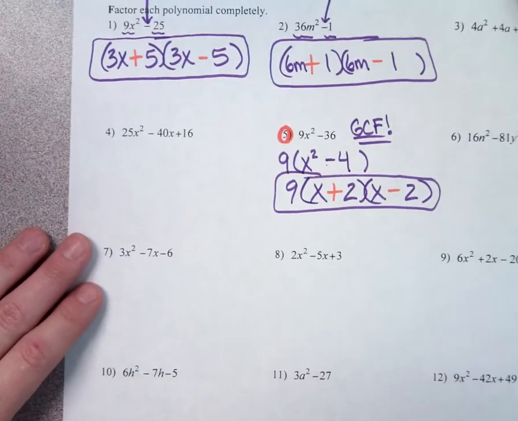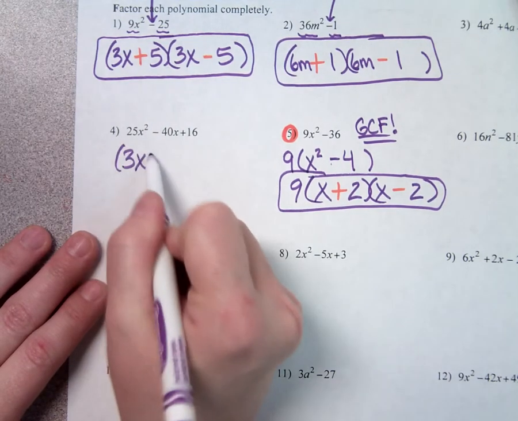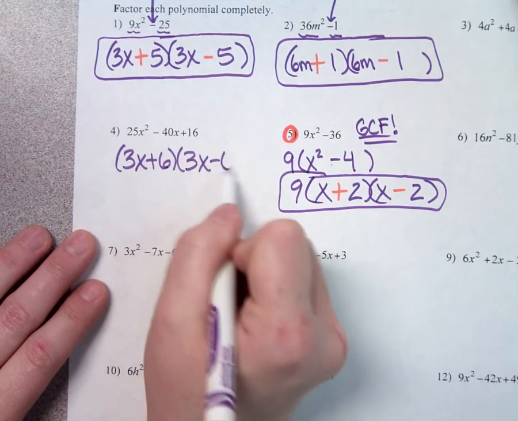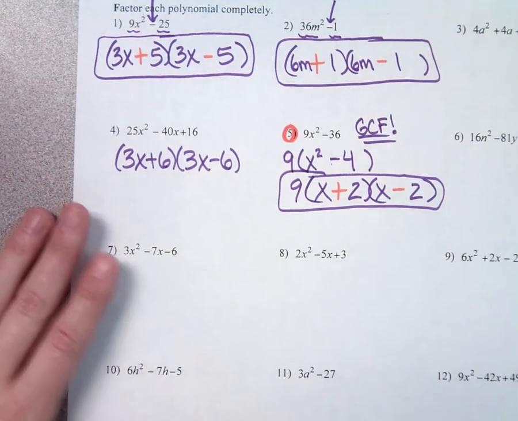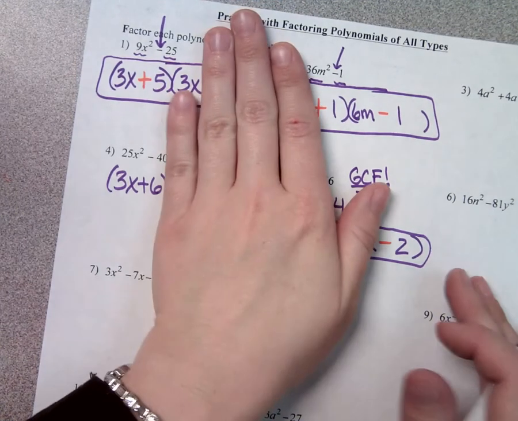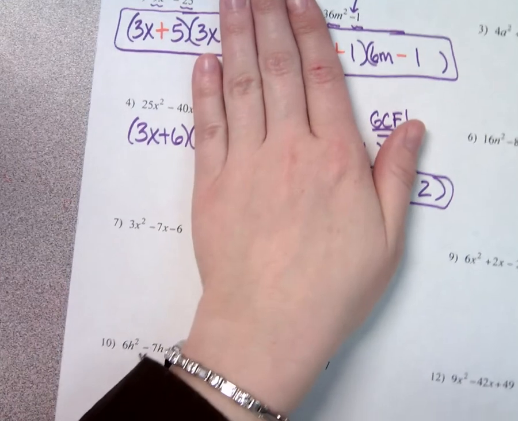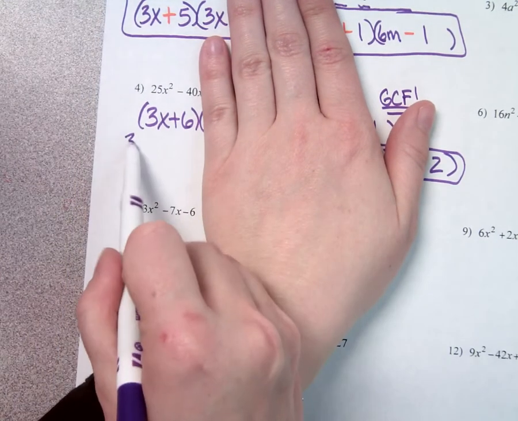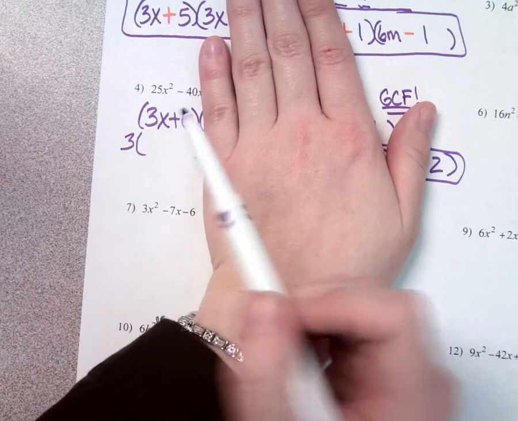Now, for those of you who wrote the other, I want to show you how you can get to the right answer, even though this is where you are. So, if everybody could please pay attention for a second. I always want you to pay attention, but I want to show you how you can fix it. If you ever have a GCF in your answer, you know you didn't get the GCF pulled out. If there's ever a GCF in your parentheses, when you think you're done, you actually need to pull that GCF out. You could do it at the beginning like we did, or you can do it at the end. So if I did it at the end, what's the greatest thing that goes into 3 and 6? 3. If I built my parentheses behind it,